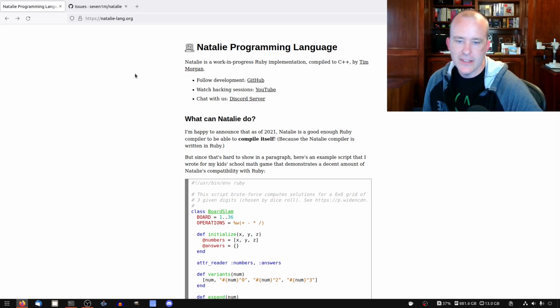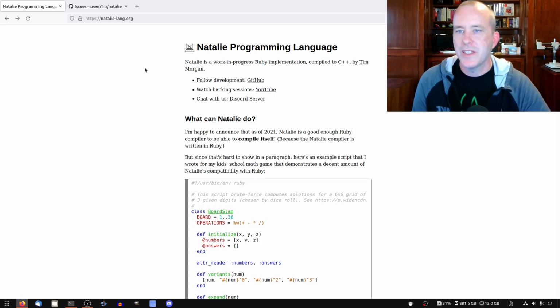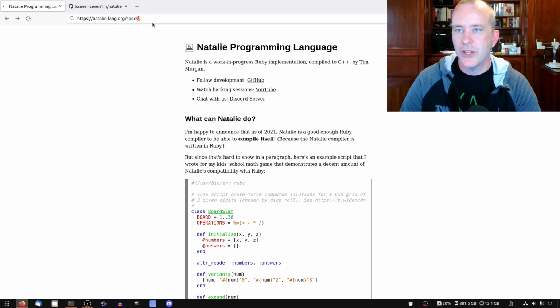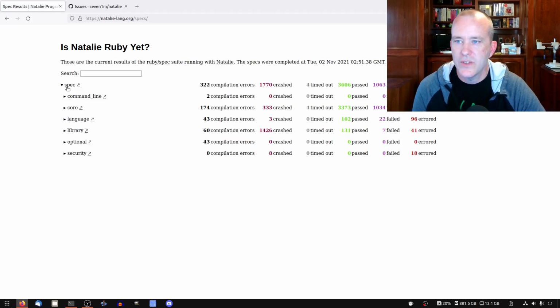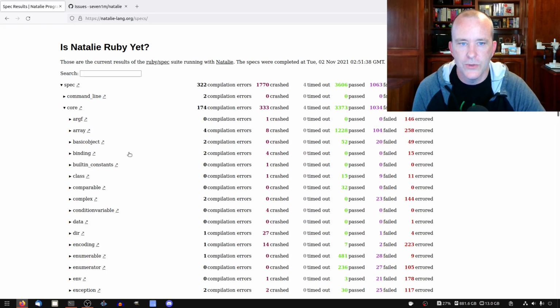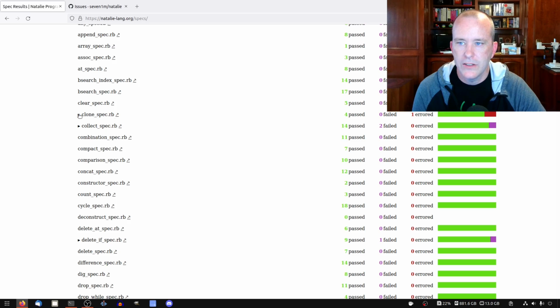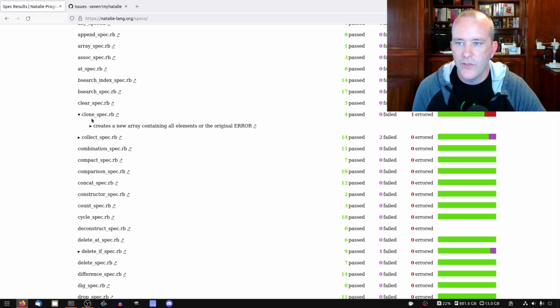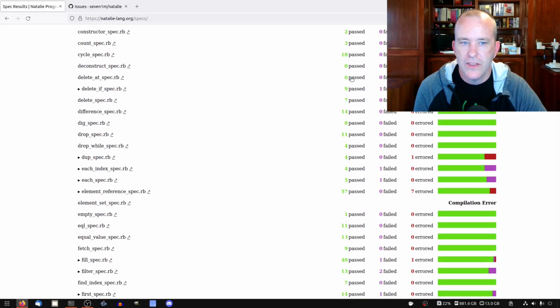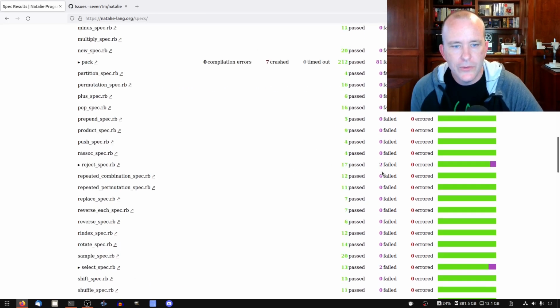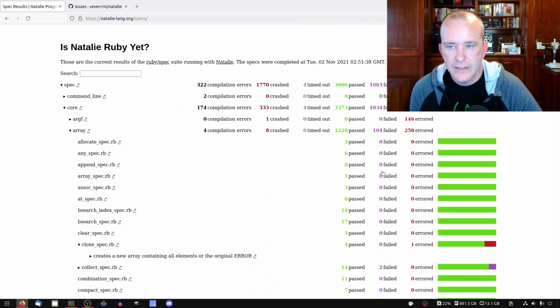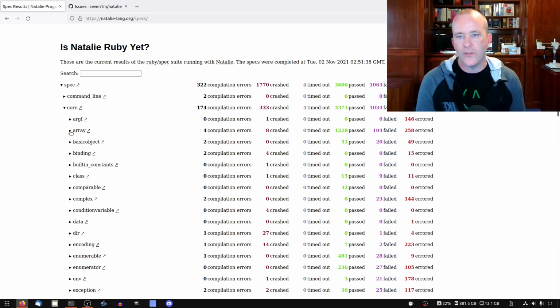Let's go back here and end on this note, talking about the Ruby spec suite. Our friend Richard has implemented something that's pretty cool. We now keep track of which specs are passing and which are failing. So you can actually drill down into array, and you can see that there are some issues with clone. If I recall, we didn't really implement clone. We kind of stubbed it out and said we'll do it later. But you can see that there are a ton of things passing. We've managed to get really far with the compiler as it is, and that has given me a lot of hope that you can